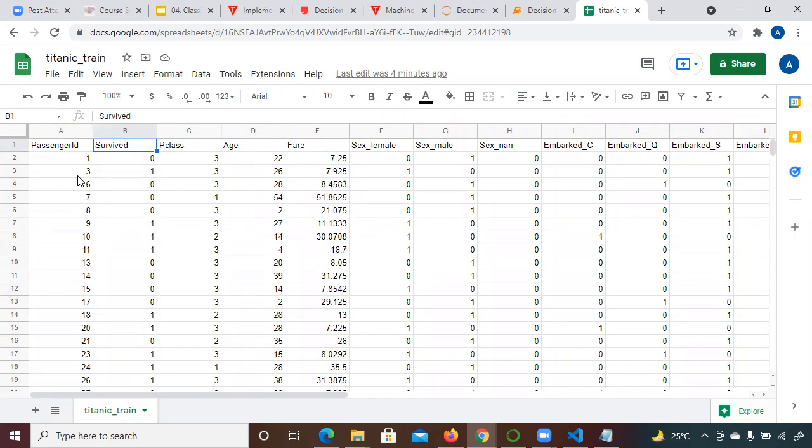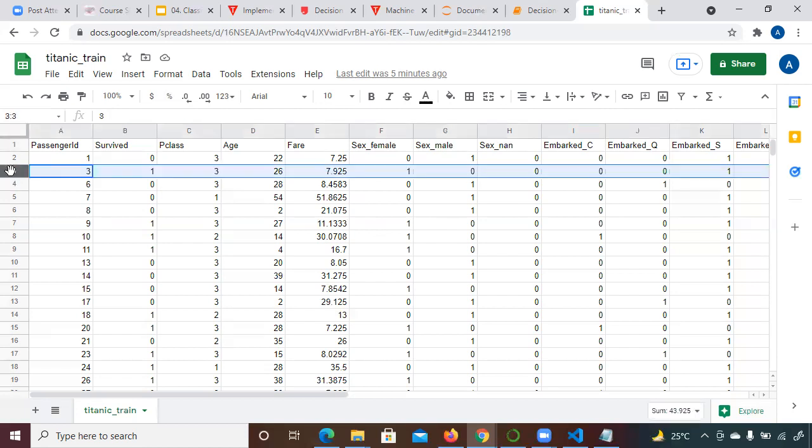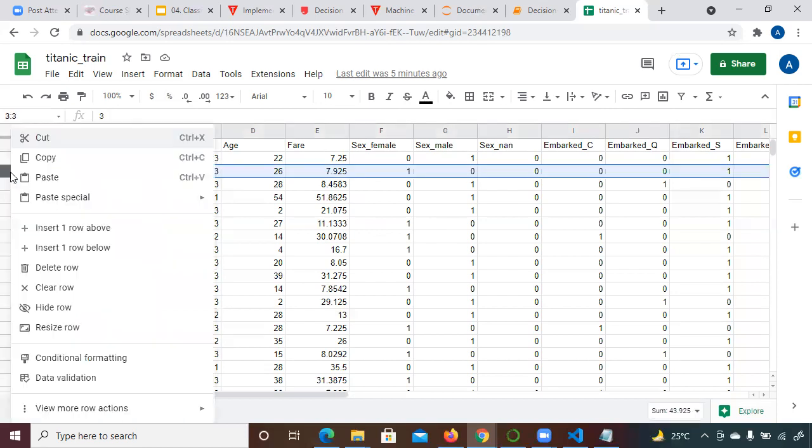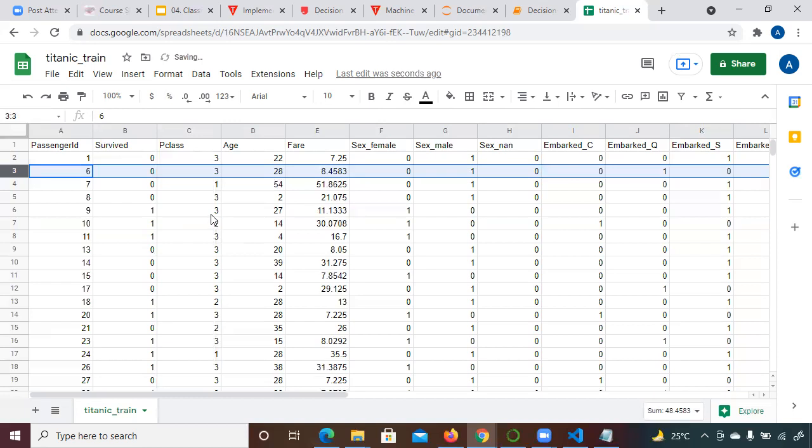The thing is that I have removed some of the rows which have null values. Null value means where the value was missing. As you are learning for the first time, that's why I'm giving you processed data. But normally when you work in a company, the company will give you unprocessed data, and then you have to work on that. Unprocessed data means some values might be missing, so you can remove that row completely. Suppose this is unprocessed data. I will delete this row which is not relevant for my project. After that I will get processed data. So you have to remove the impure rows which are not relevant for you.